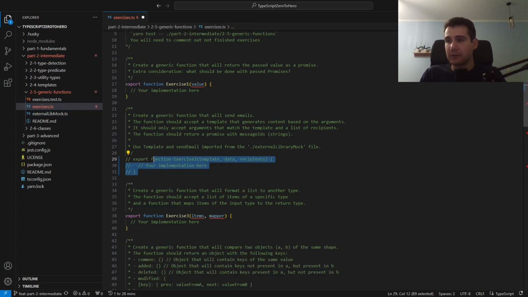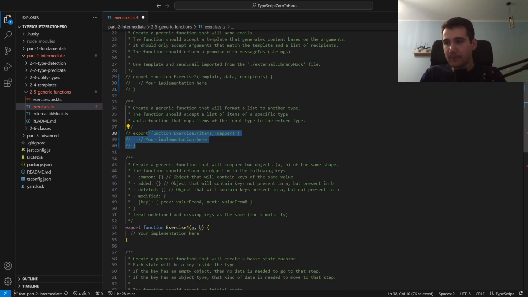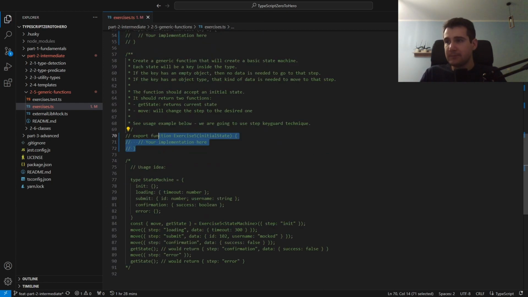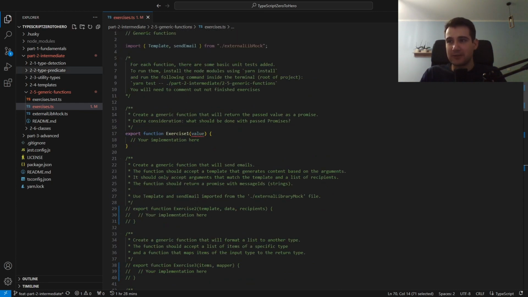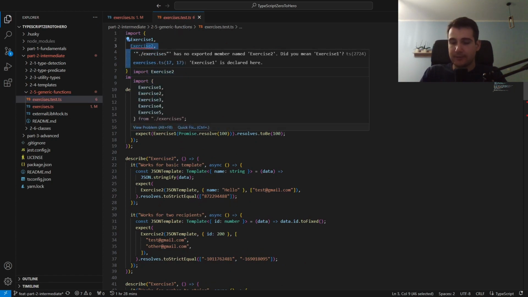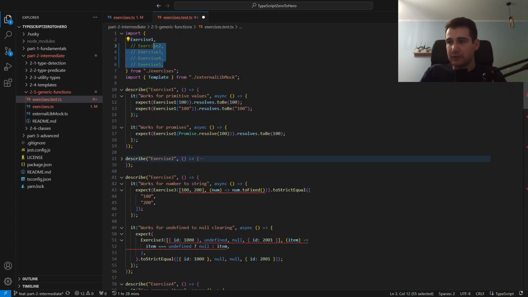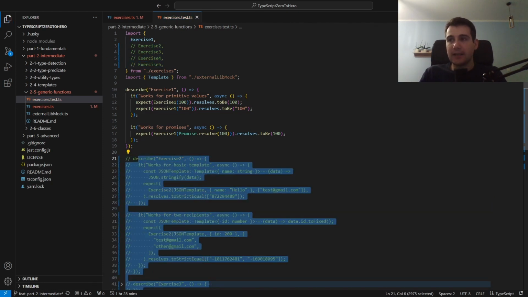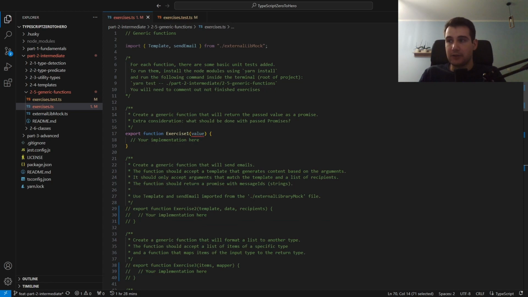So I created a unit test for each of the exercises. Because they are not implemented, TypeScript would complain and we would not be able to execute them properly. So let's start by commenting out the code that is not implemented yet, the same for the imports and the unit tests that we haven't implemented yet. Then we're going to implement the first exercise and see how to execute the unit tests